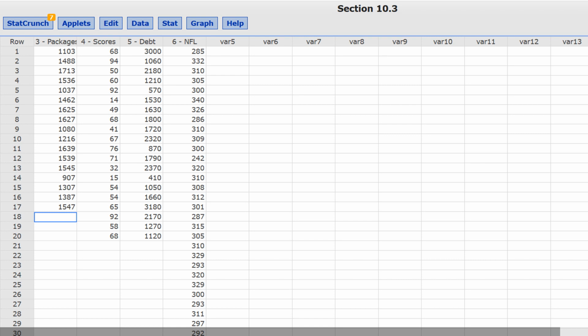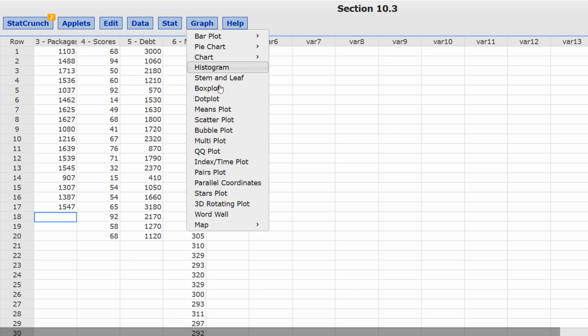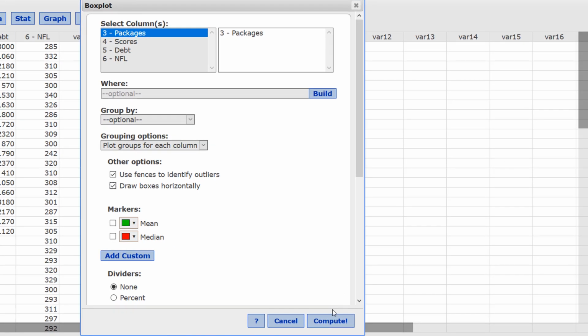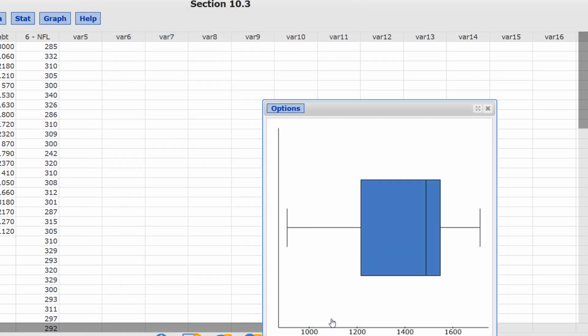Okay, so the worksheet I have open is section 10.3. That's from the Woodbury Math 21 group. And I'm going to be working with column 1 where it says 3 packages, for example 3. I'm going to start with a box plot. That's under graph, box plot. Pick the column, packages. We're going to use the fences to identify outliers, and also we're going to draw the boxes horizontally. Press compute. We see no outliers, so that means that we can go on and make sure the